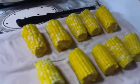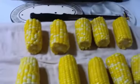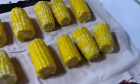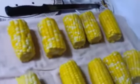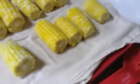Now once I take them out of the ice water, after leaving them in there for 3 to 4 minutes, you want to get them cool. And I'll put them out here on a towel and let them dry. Cover a towel over them, kind of roll them back and forth like this, to get the moisture off, because you want to get as much moisture off of it as you can. And then after I do that,